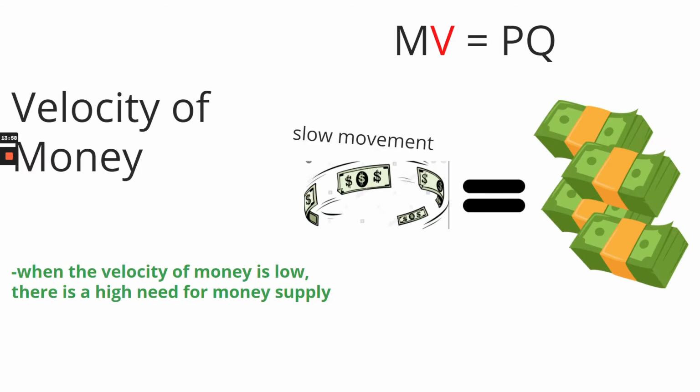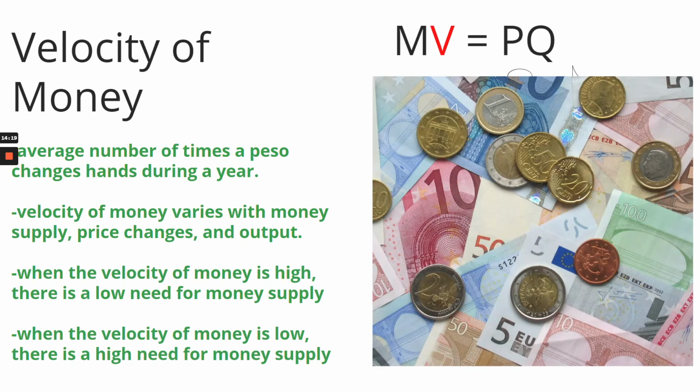However, if the velocity of money is low, meaning slow movement, the money doesn't keep rolling, meaning we need a large supply of money. Why? Because the economy doesn't turn. If there is no circulating money in the economy, there is no circulation of money. So that is the velocity. Now,